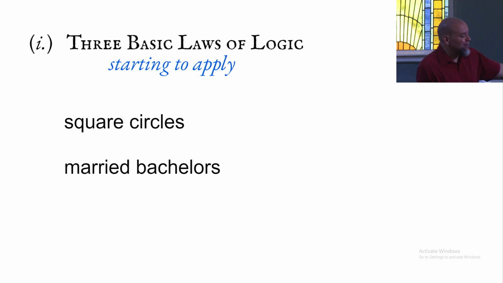A married person just is a non-bachelor. A bachelor is a non-married person. Squares are, by definition, non-circular, and circles, by definition, are non-square, okay? And so they don't cohere. That's what we mean by incoherent. They don't stick together. Think of it like that, okay? So you can see how the laws of logic, those three laws, bring themselves to bear here, okay?